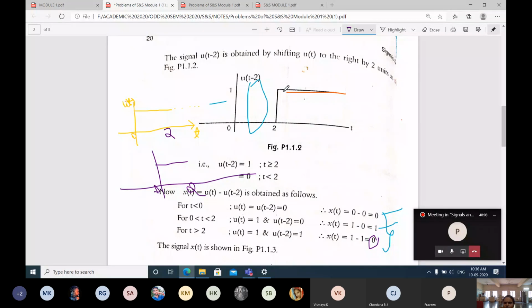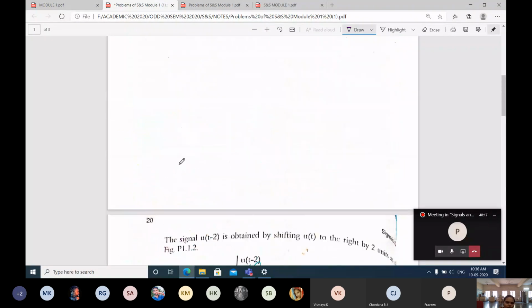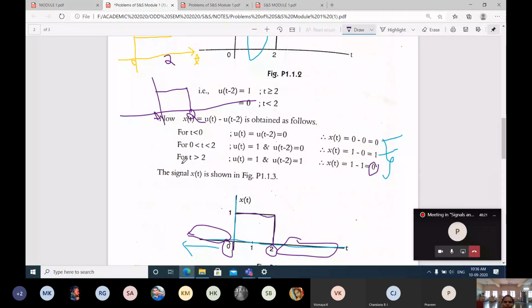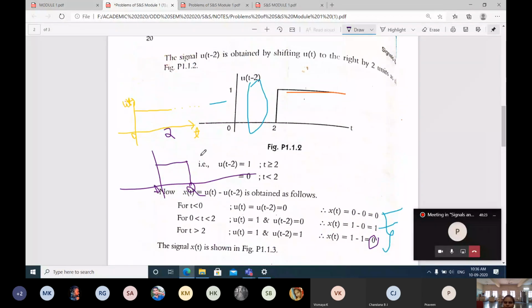Here also from 2 it is 1. 1 minus 1 is going to be 0. So you drop the signal there only. Okay, by equation also you can go. Just by seeing the figures also you can do the operation that is asked for in the problem. Okay, this is one problem, how to calculate by using the graphs. By equation, and also just by seeing the functions, I can perform the operation.